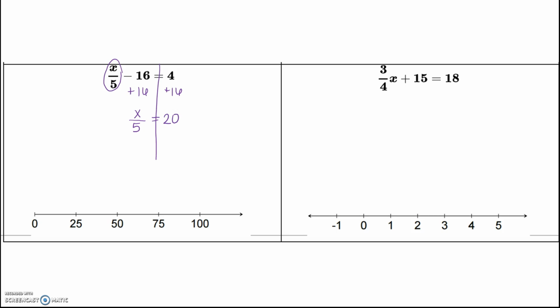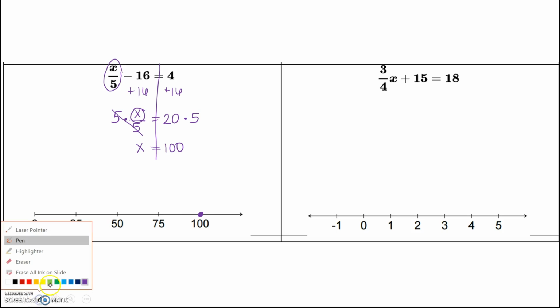Okay, don't get scared off by a fraction. So x over 5. I'm circling x, that's what I want by itself. And right now I'm dividing it by 5. So the opposite of dividing by 5 is multiplying by 5. So times 5, that means those cancel, times 5. So x equals 20 times 5 is 100. Okay. All right, this next one I want you to go ahead and press pause and at least get your